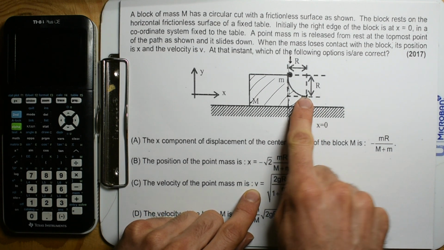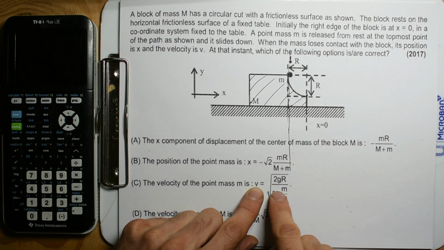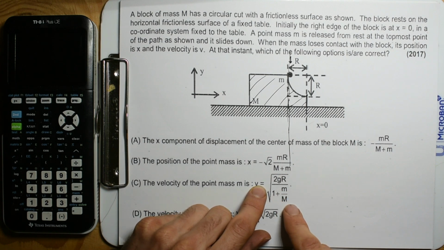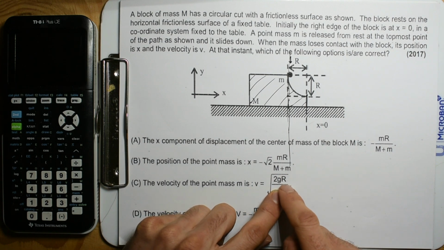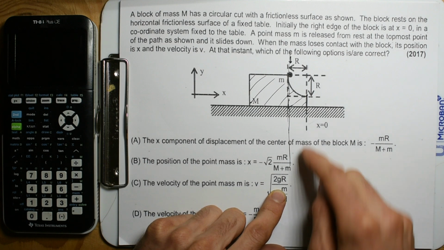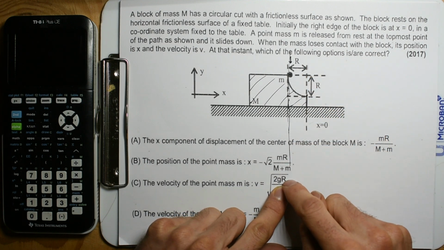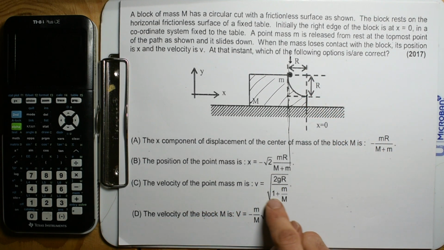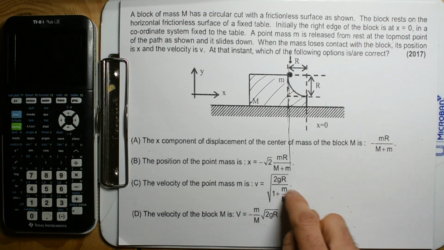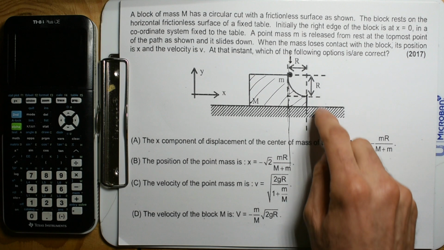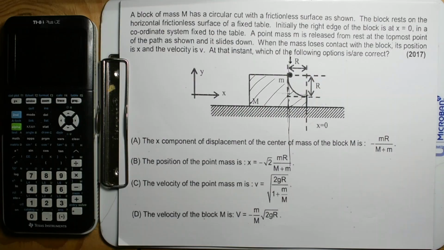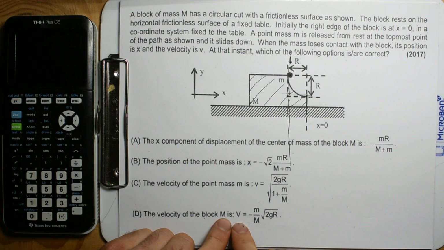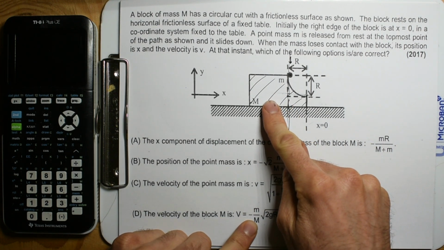Oh yeah, so when it does leave, it's going to be this equation. So it's not just going to be the square root of 2gh, where the height is r, so square root of 2gr. We're going to have this as a multiple, because this is traveling in that direction. All right, hell yeah. And D, it says the velocity of the block M is going to be moving in